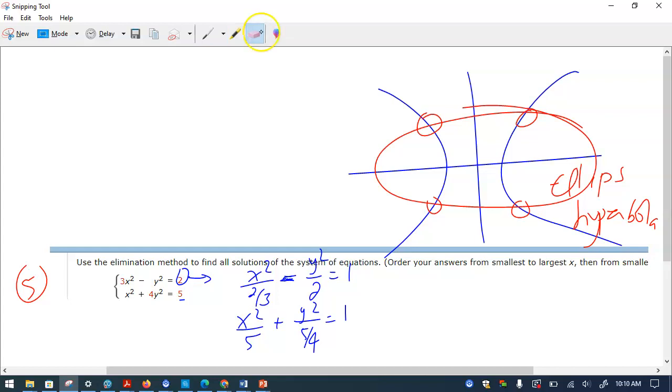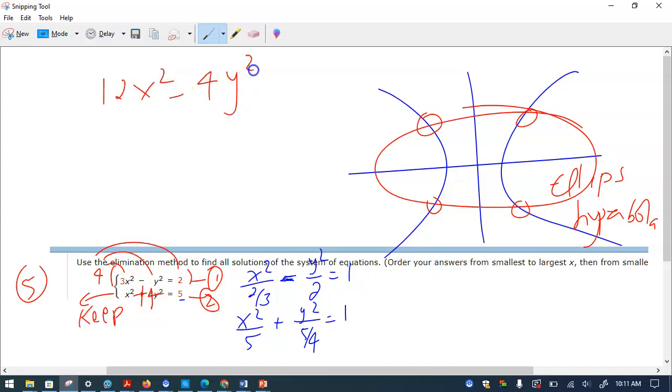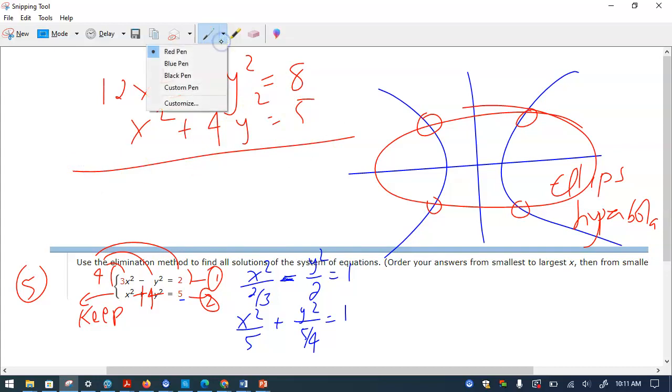Okay, so now we are not going into detail. So all we do is we want to somehow eliminate the y square first. So we can multiply the first equation by 4. Call this 1 and 2. You keep the second as it is. Let's see why, because there is a plus 4. So you multiply 4 to the first equation, so it becomes 12x squared minus 4y squared equals 8. And the second equation stays the same. When you combine these two equations,